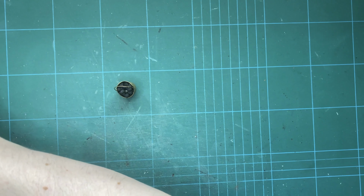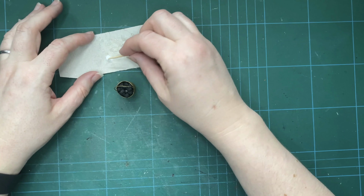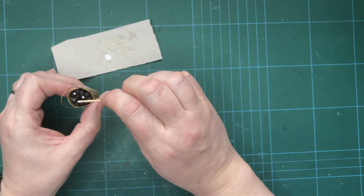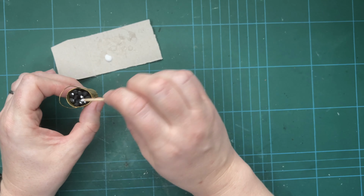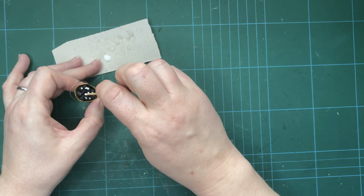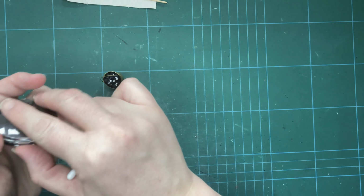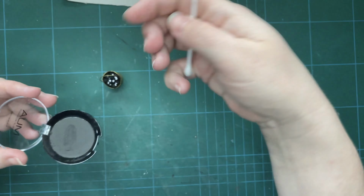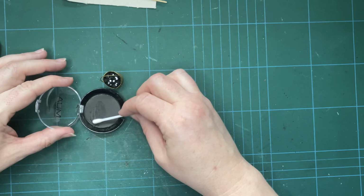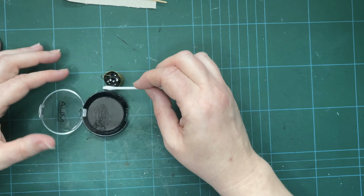Now I'm going to use a little bit of glue, which of course I didn't have ready because I forgot about it, and I'm just going to put a bit of glue in a few places. Not a massive amount, just a bit. And then I've got some eyeshadow. Now, you could use chalk, but I'm using eyeshadow because it's some that I picked up cheap. And all I'm going to do is use this cotton swab to